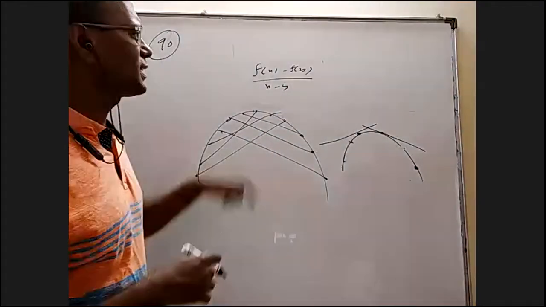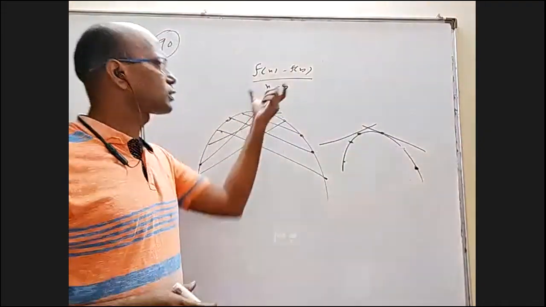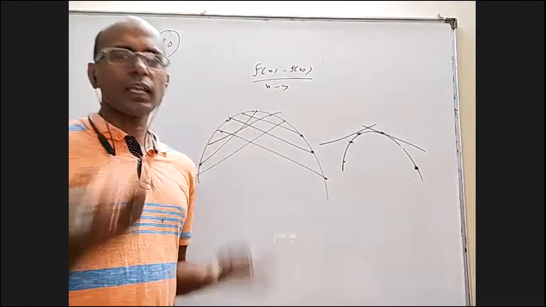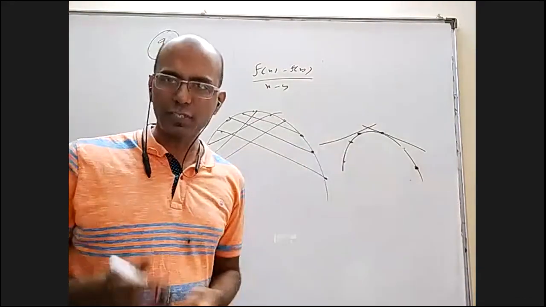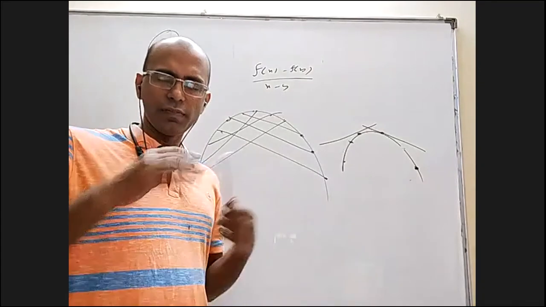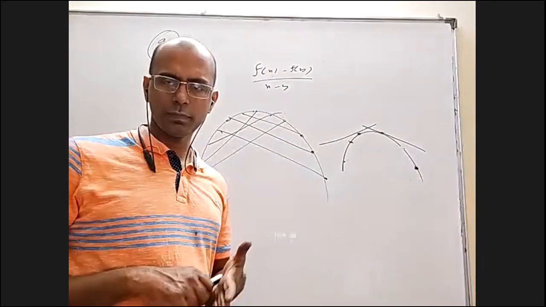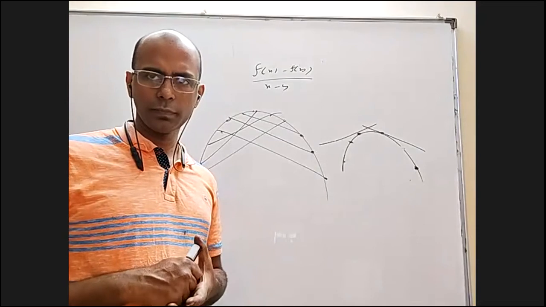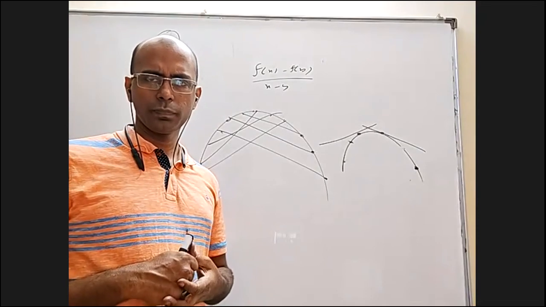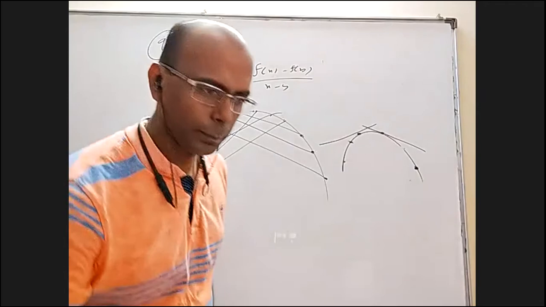So instead of asking what is the complete range of the slopes of the different chords, they can ask what is the range of the slopes of the tangent, because every chord will have a parallel tangent. Am I right? Yeah, so that is the trick here.